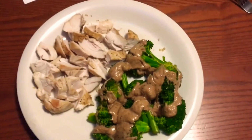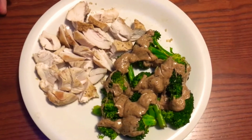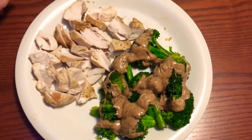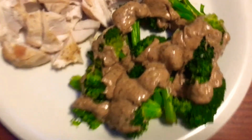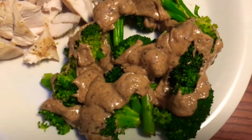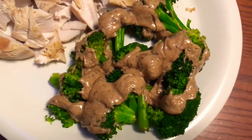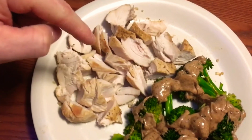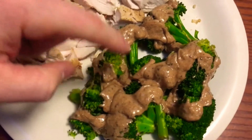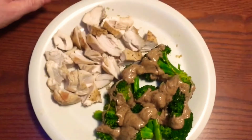All right, you guys, so here's a little chicken, broccoli, and my favorite mixed nut and seed butter from Costco on top. So I got some fats, obviously, here with some fiber, and of course a boatload of phytonutrients from the broccoli. And of course I've got chicken breast here. And that's it. So this was batch made, and of course the nut butter just comes from the jar. So very easy to put together once